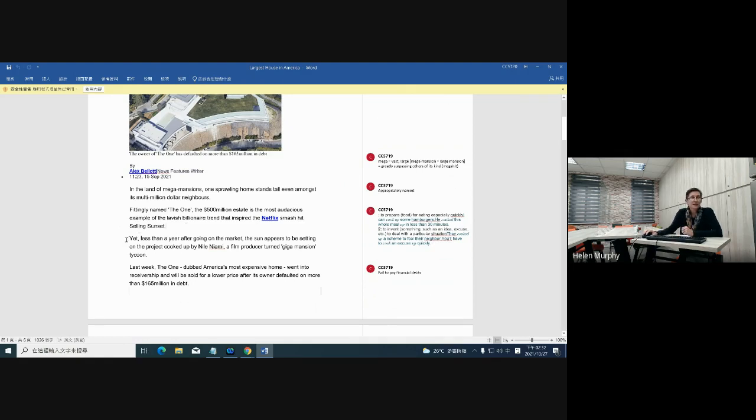Let's look at the next sentence, which says, yet, less than a year after going on the market, the sun appears to be setting on the project cooked up by Niall Niami, a film producer turned giga-mansion tycoon. Now, if we have a look at the vocab there,